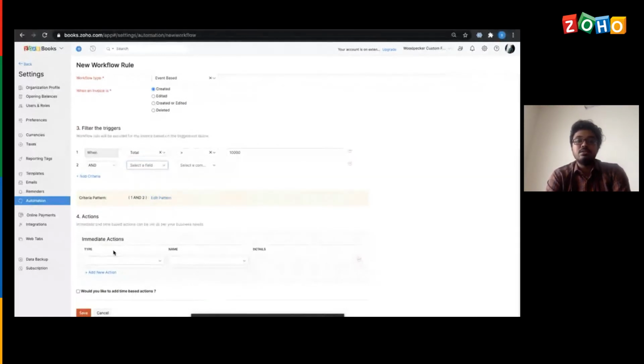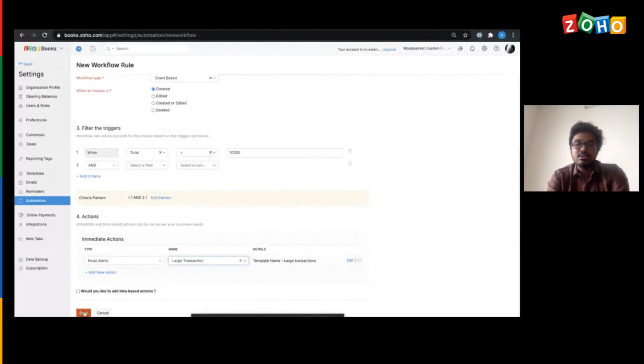The next thing is, what is the action that should be done? For deciding the action, we have other automation features under this workflow tab. Either an in-app notification could be triggered or an email could be triggered. So first, let's try creating an email alert for any transaction.